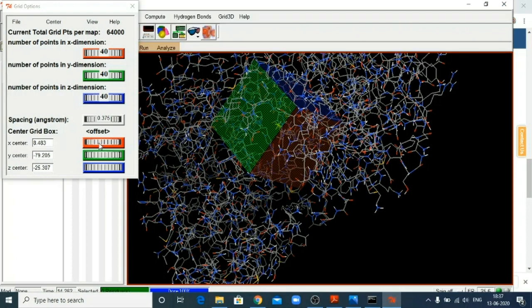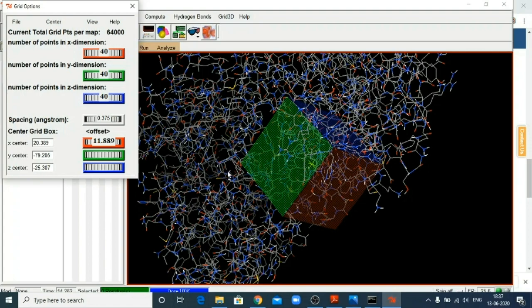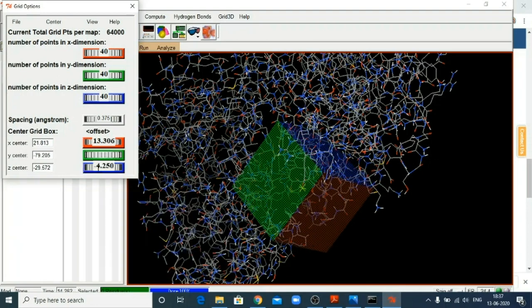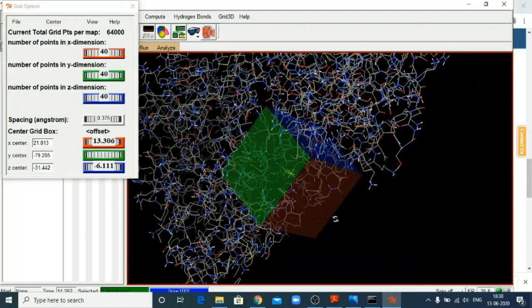So let us move that grid box to that portion. This movement will align the grid box in such a way that it incorporates the region where the arachidonic acid was previously bound. You can check it out.